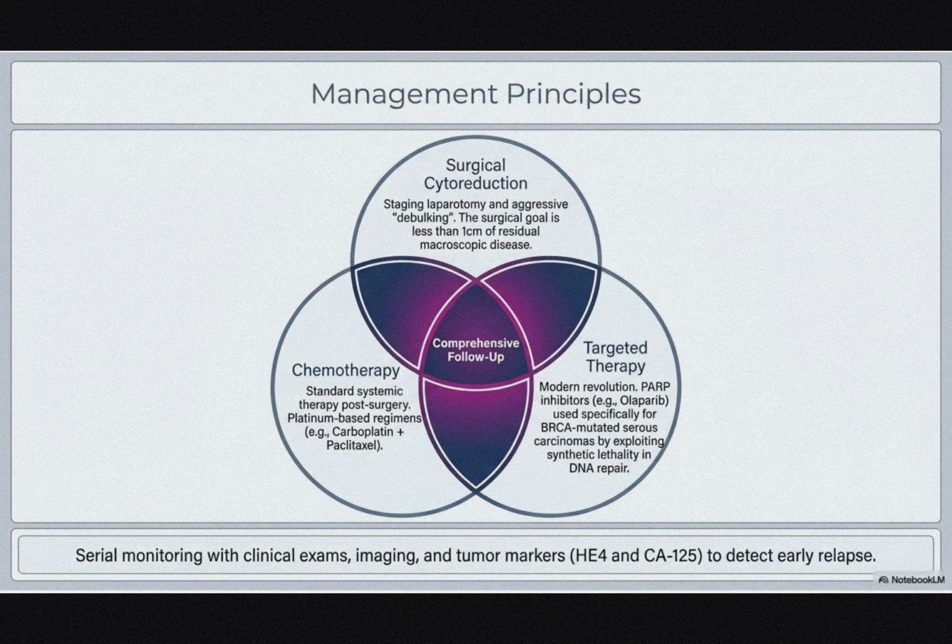Management principle: surgical cytoreduction, that is staging laparotomy and aggressive debulking. The surgical goal is less than 1 centimeter of residual macroscopic disease. Targeted therapy: modern revolution, PARP inhibitors, example olaparib, used specifically for BRCA mutated serous carcinomas by exploiting synthetic lethality in DNA repair. At last, we have chemotherapy, that is standard systemic therapy post surgery, platinum based regimens, example carboplatin and